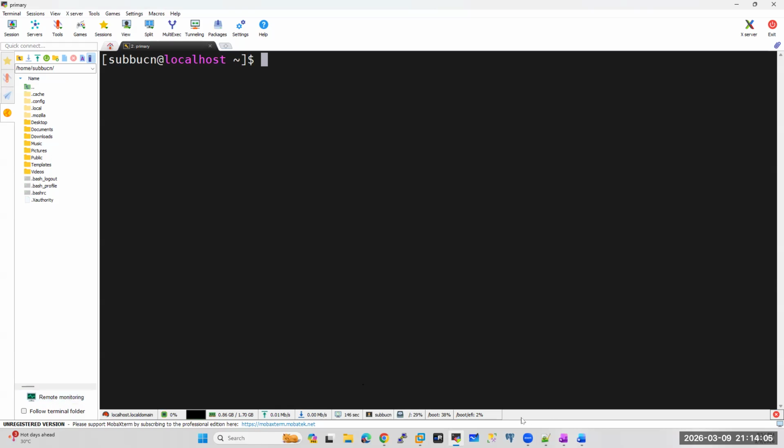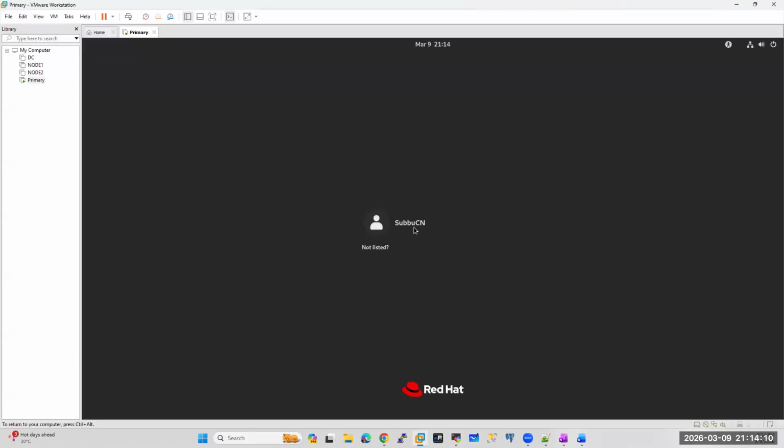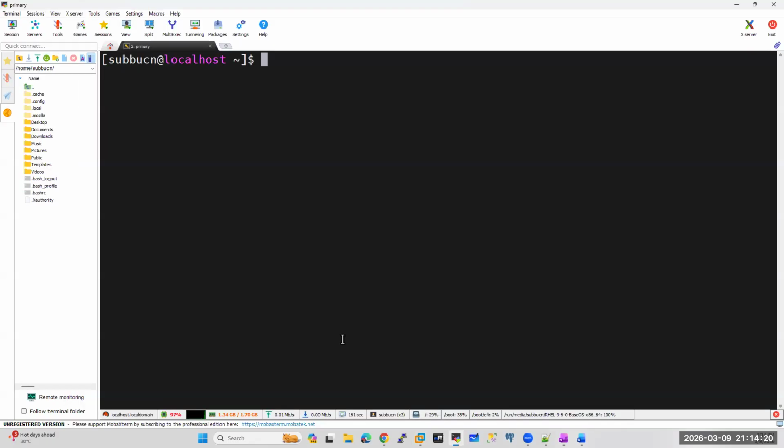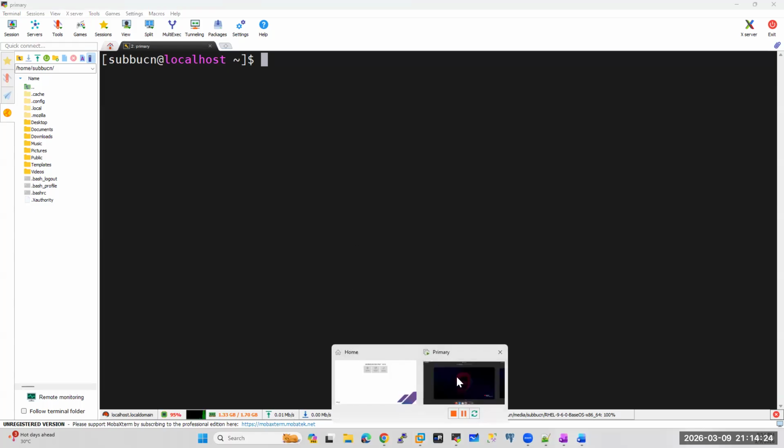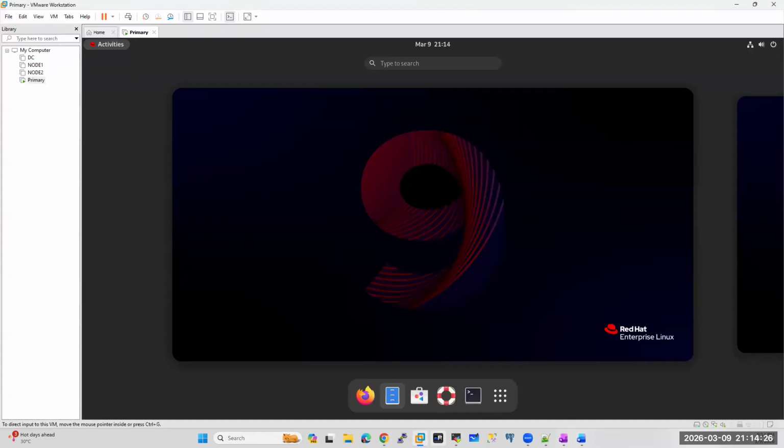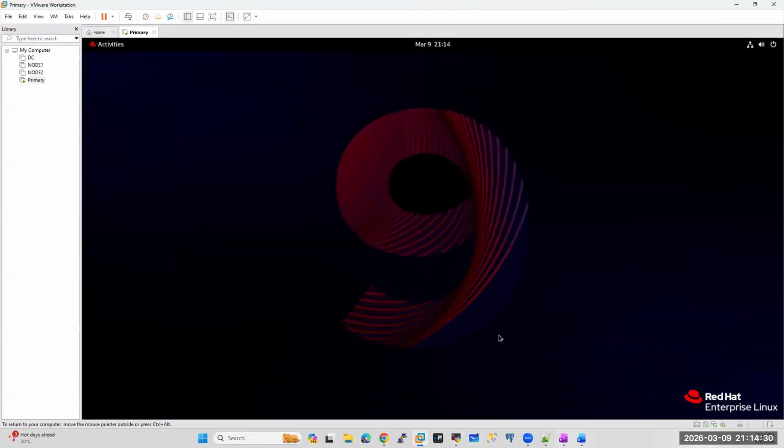Whenever I go to the server, okay, this is my server. Here also I can try to connect. Here also I can open the connectivity, or you can connect with MobaXterm also. Either you can go to the server and open the connectivity, or you can go to MobaXterm and try the connectivity. Now here, once you connect